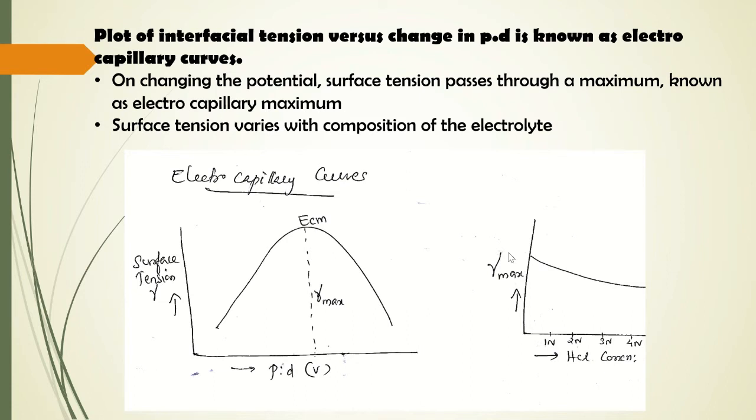The theory of electrocapillary curves has been developed by Lippmann, and he used some thermodynamic concepts to develop this equation and corresponding measurements. The equation describes the shape of electrocapillary curves and established a relation between the interfacial tension and potential difference and charge at the mercury-solution interface. This equation is called the Lippmann equation of electrocapillary.